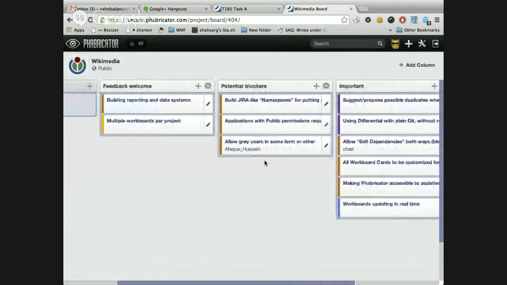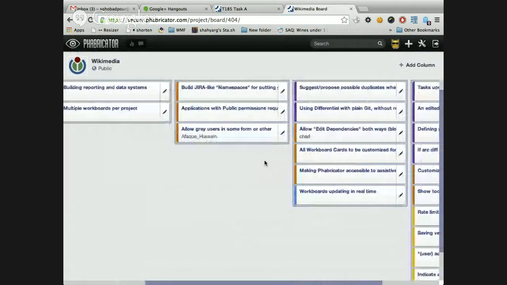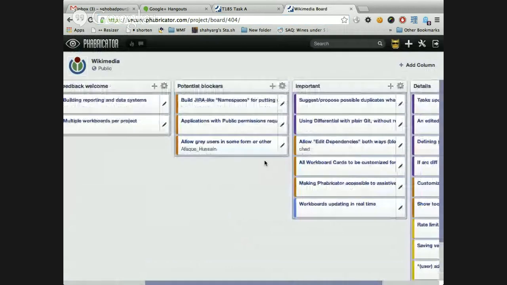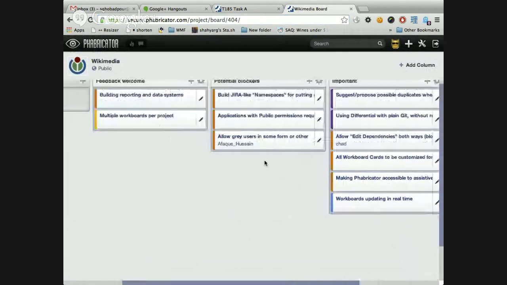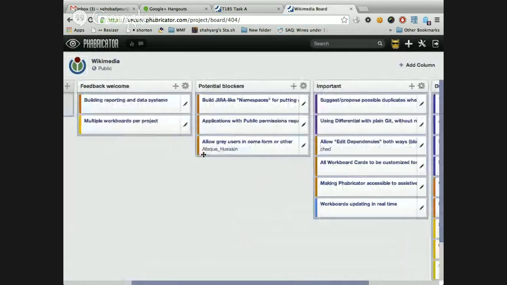Okay, so as you can see, we have these columns. Feedback welcome means please comment on those tasks. We are telling upstream, please comment on these. We have identified the potential blockers, and the first one is about the security namespace, where everything that goes there is really secret and nobody without permissions can access it. The second one is